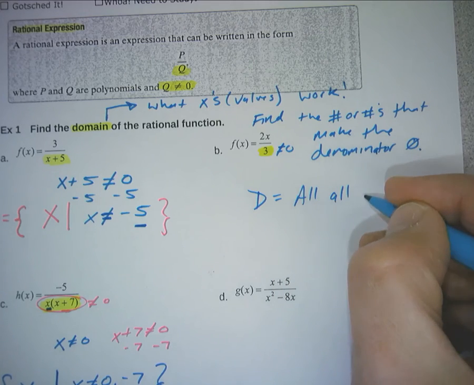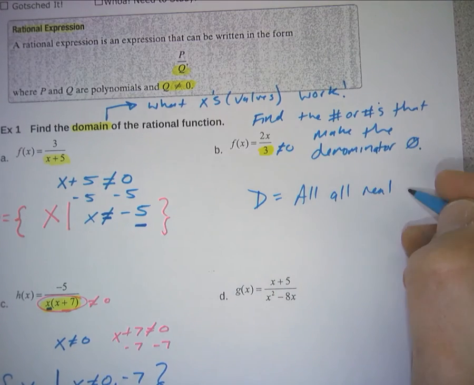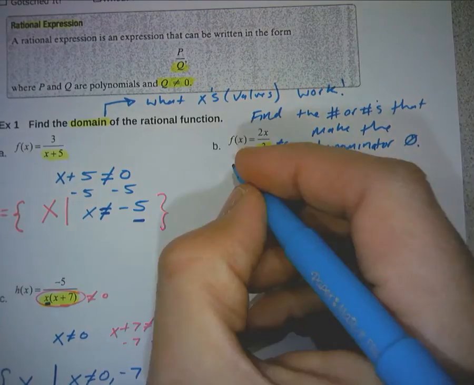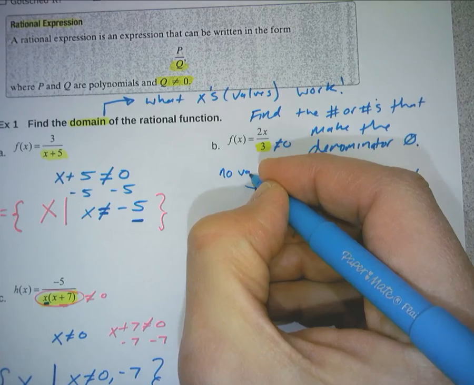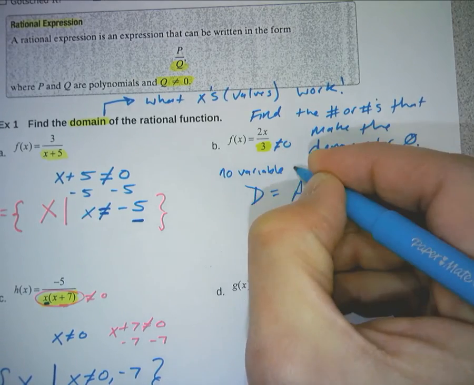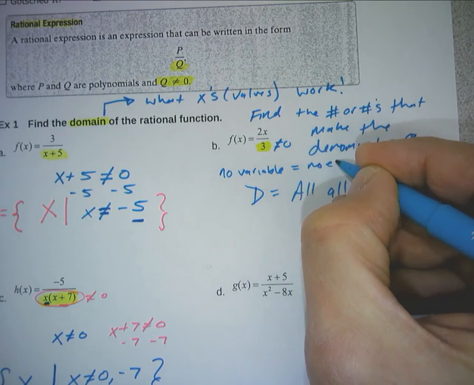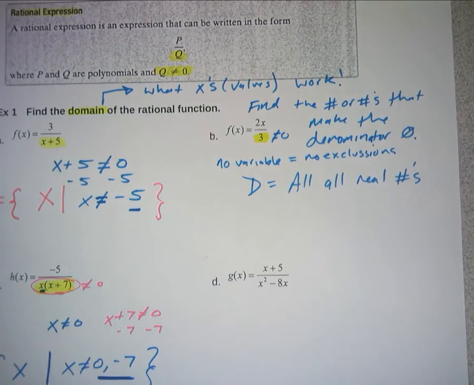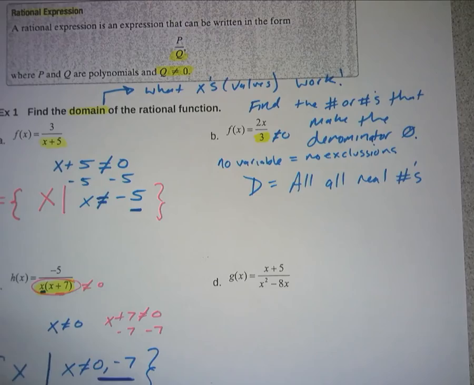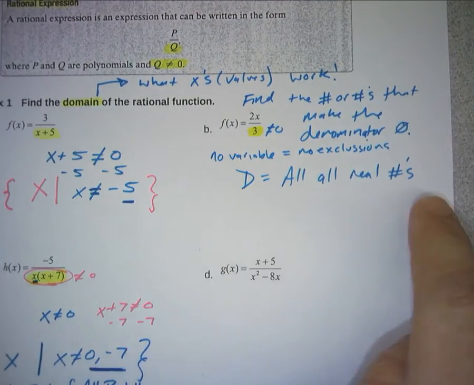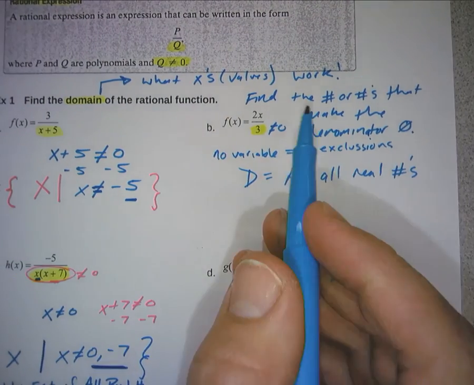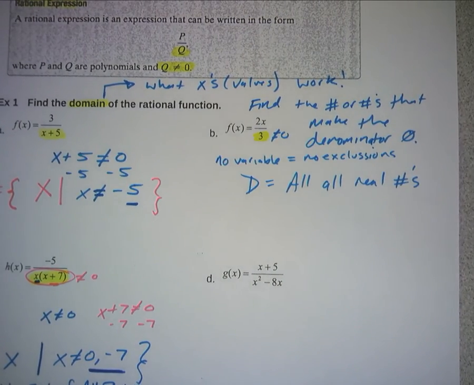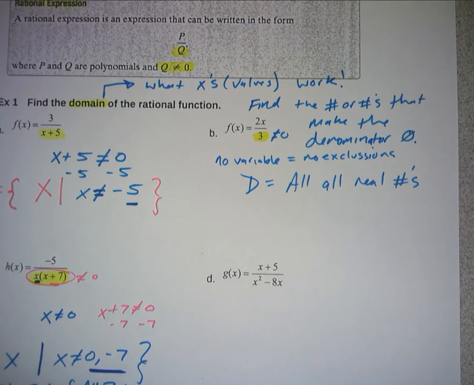is all real numbers. So again, if there's no variable, no exclusions. If there's no variables, there's no exclusions. That means I can have any number. I can plug in any number into this function, I'll get a number back. Okay? When I look at D,